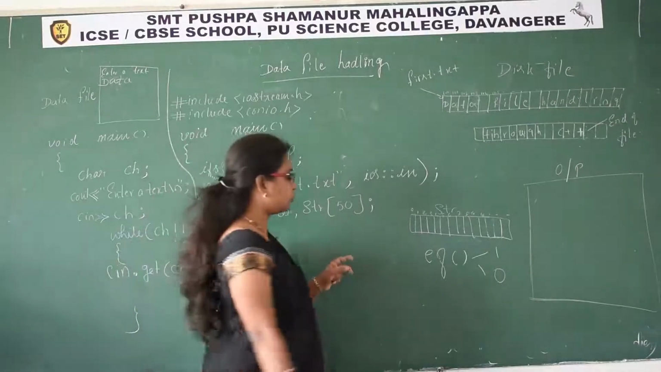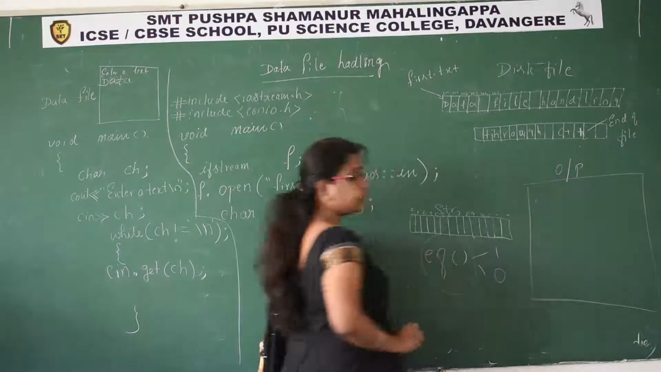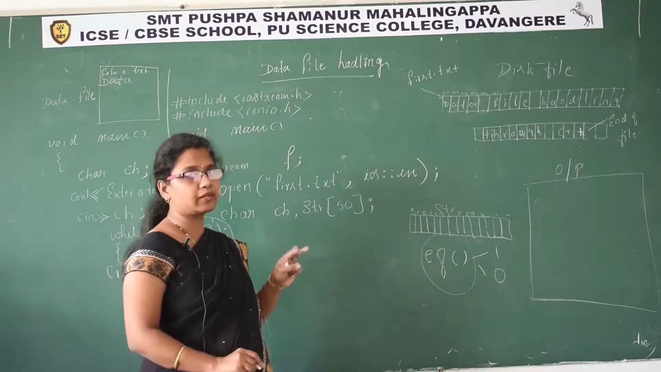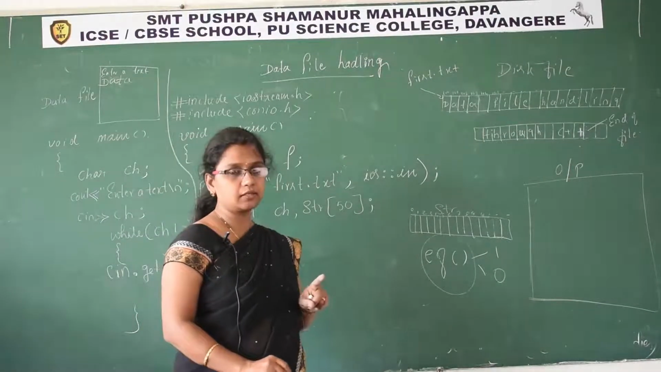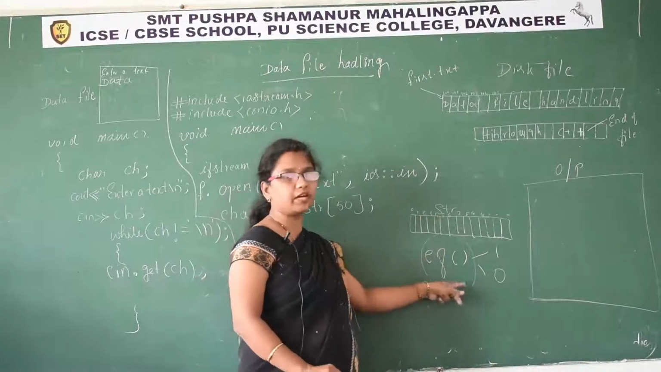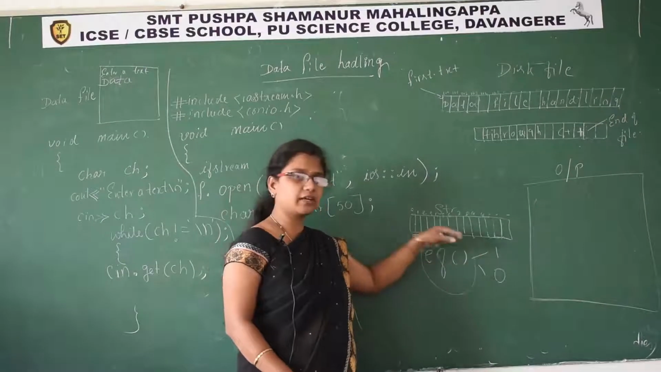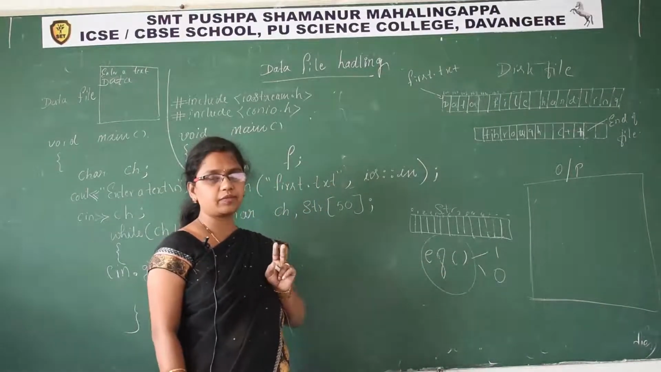Okay? So first what you have to understand here, there is a function called end of file, EOF. It returns two binary values, 1 and 0. If this function returns 1, what does it mean? It encounters end of file. If it returns 1, yes, it is end of file. If it returns 0, it is not end of file. Okay? Now,